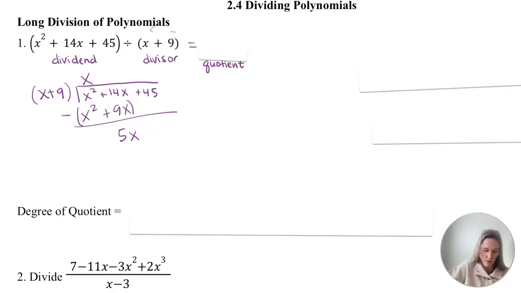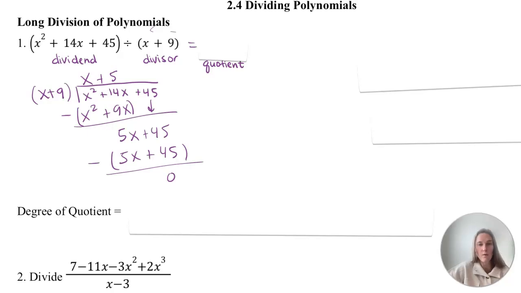How many times does x go into 5x? Goes in 5 times, and now we do 5 times x. Ooh, I almost forgot to bring the 45 down. Let's not forget that. Okay, and now we do 5 times x is 5x, and then 5 times 9 is 45. And we subtract that whole thing, and we have a remainder of 0. Okay, so that means our answer is x plus 5, and the answer to a division problem is called the